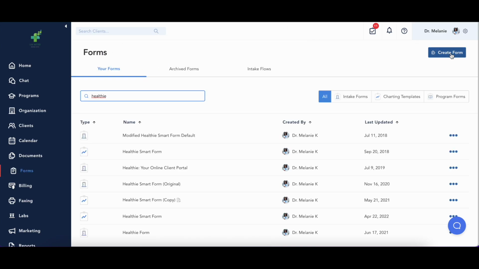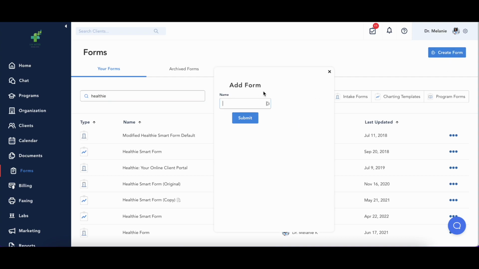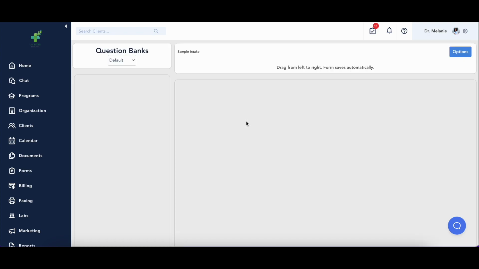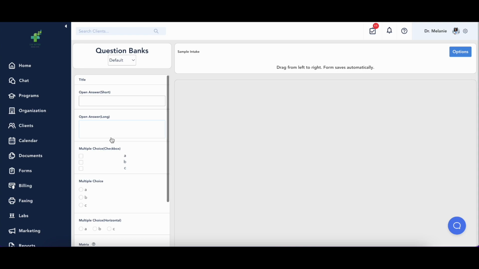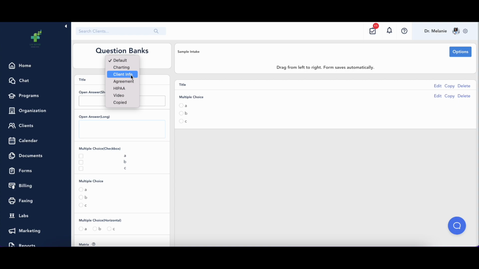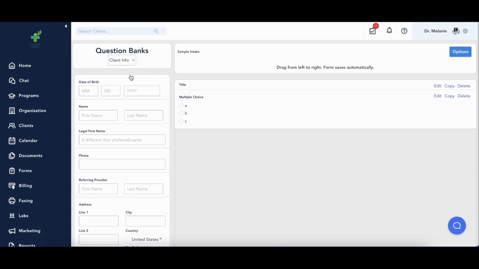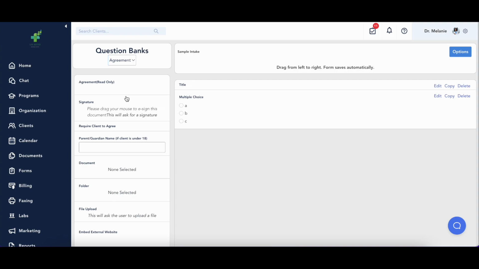You can also build your own forms using our intuitive drag and drop form builder. Click Create Form and give your form a name. You'll be able to toggle through the different question bank options, which include default or blank fields, client info, agreement for options to allow a client to sign or consent to a form,